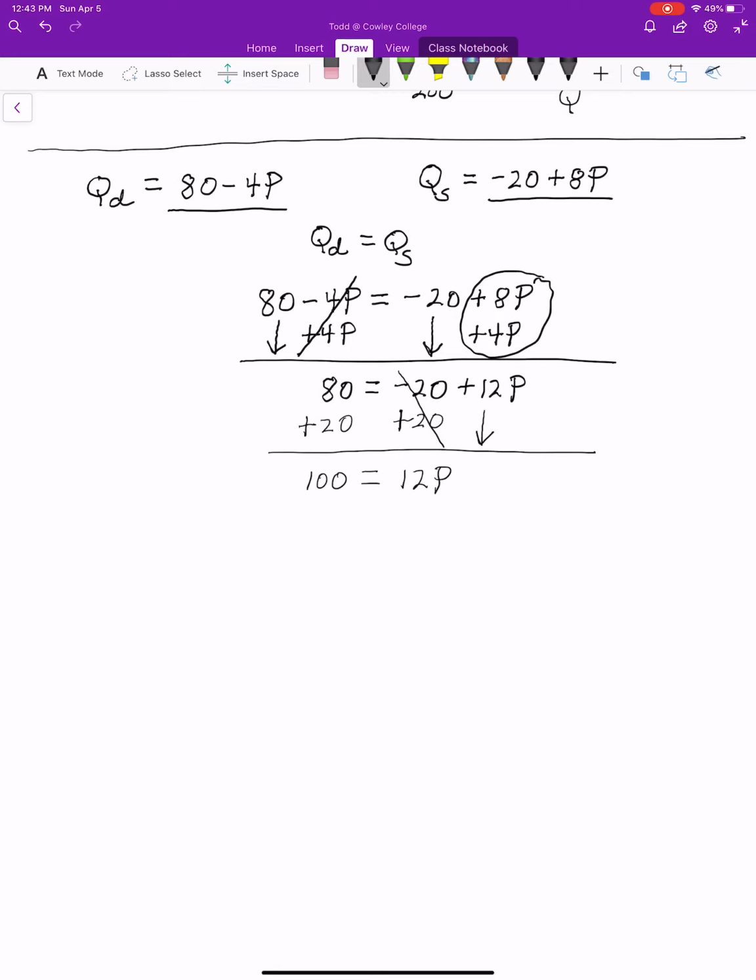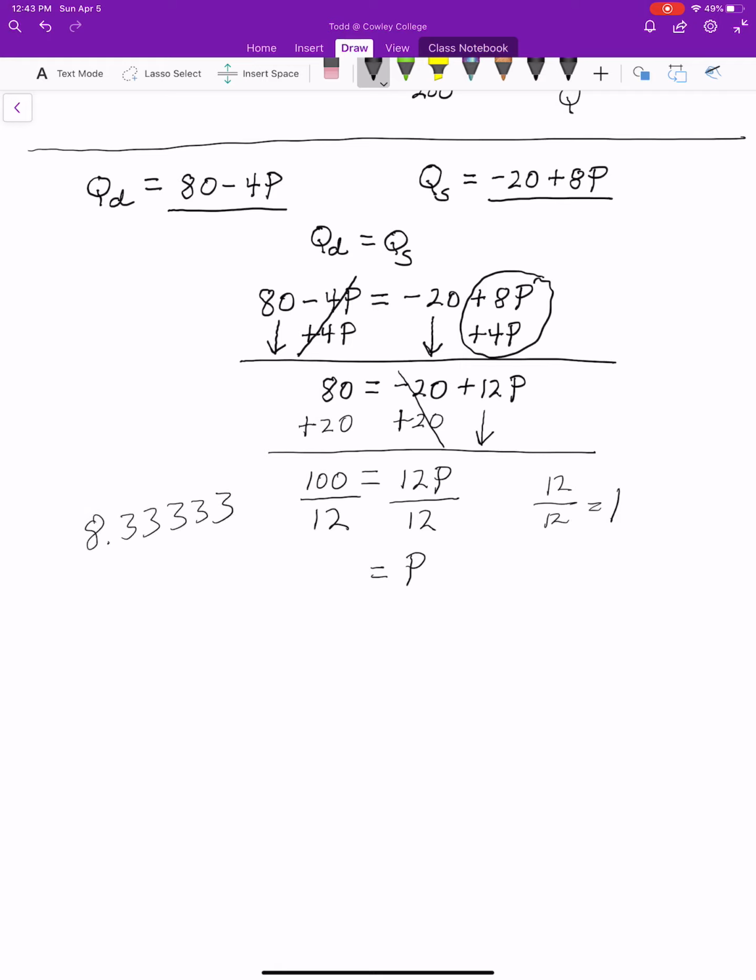All right. Now remember, I said whatever number is in front of the P, you divide both sides by that number. In this case, that number is 12. And again, remember, 12 divided by 12 is 1. So you get 1P on the left-hand side, or just P. And then on the right-hand side, if you plug 100 divided by 12 into your calculator, you're going to get a decimal of